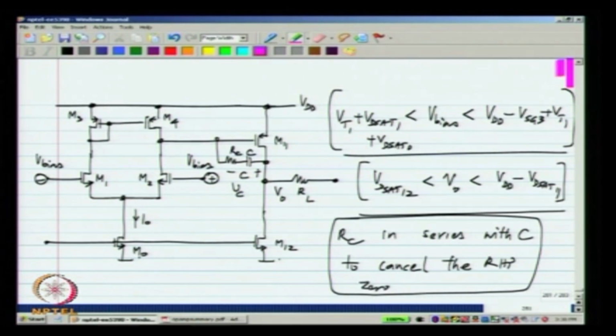It is implemented exactly as we did in the signal level, that is at the level of the transconductors. The value of RC has to be equal to 1 over GM11 in this case, 1 over GM of the